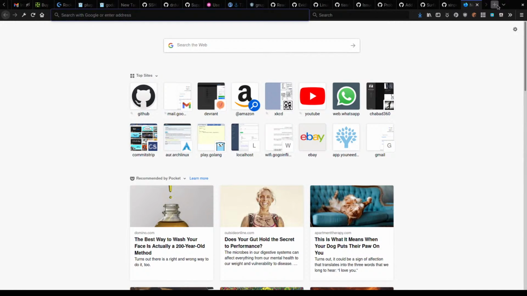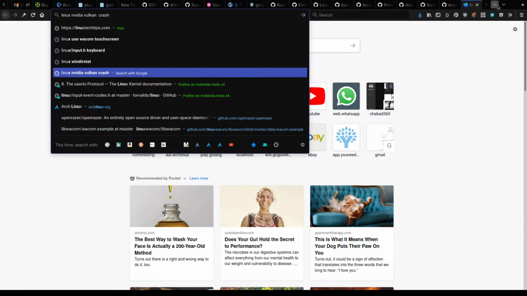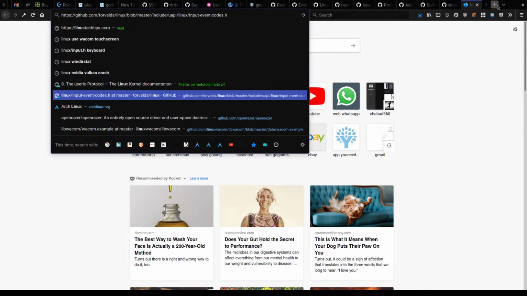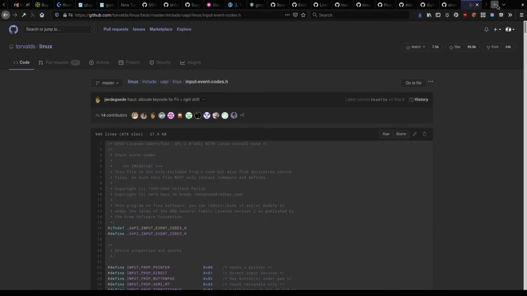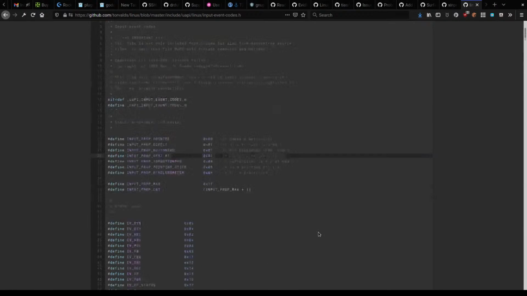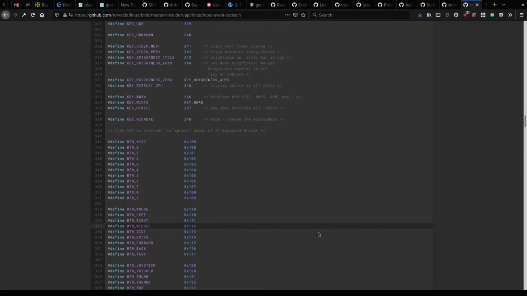All right, we need to find the input code. So I spent a bunch of time doing research because there were certain things that just weren't working and I couldn't figure out why. Turns out there were a few parts I was doing wrong. The first thing is the buttons, and this is actually Remarkable's fault, because of the panel buttons they stream,